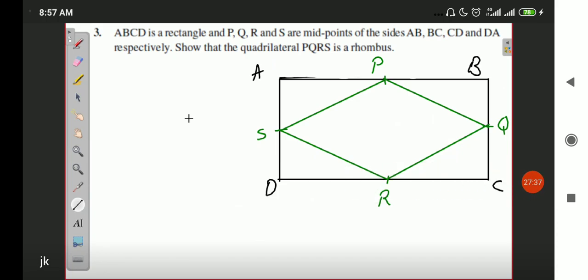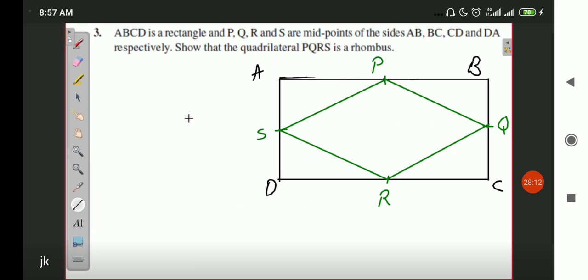Now we have to do the first part of the question same as we did in the previous two questions. You will draw diagonal AC and prove that PQRS is a parallelogram. So I am not again explaining the first part of the question. You are going to use the same number of steps. I will move on to proving that this PQRS is a rhombus. I will only show you how to prove that this PQRS parallelogram is a rhombus. How to prove this PQRS as a parallelogram will be up to you.